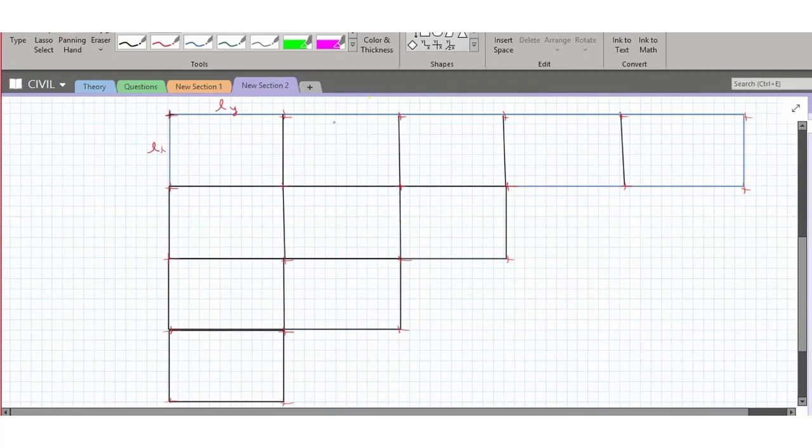And for every span, it is LY, LY, LX, LX, like that. Like this is also LY, this is also LX. Okay, and so on. So first what I will do, I'll talk about this particular panel. Say you are supposed to design this panel.